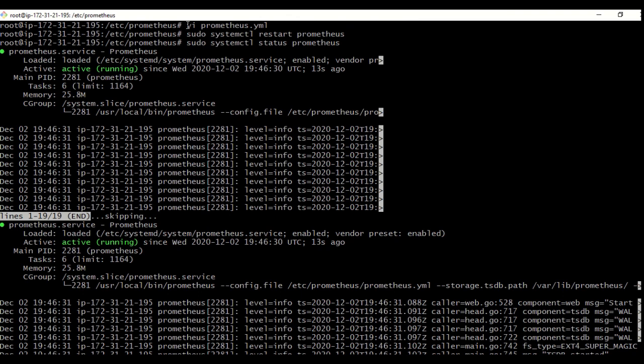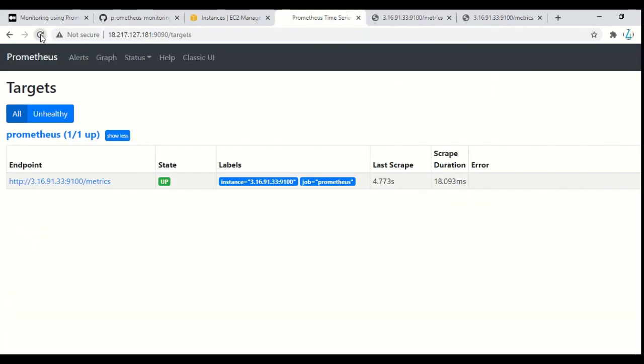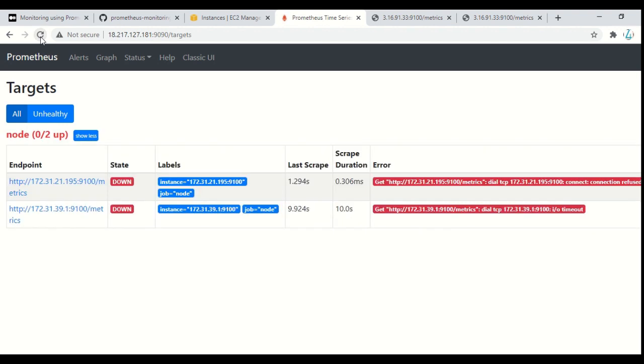I just added the file, provided my API keys, restarted Prometheus, and checked the status. Now open the Prometheus dashboard and click on this. You should be able to see the first two URLs. Why? Because it should be able to find its own node also, since it is in that region. But that would always be down because we have not installed any node exporters there, so it won't be able to detect that. But for the other one, we should be good. So let's check.